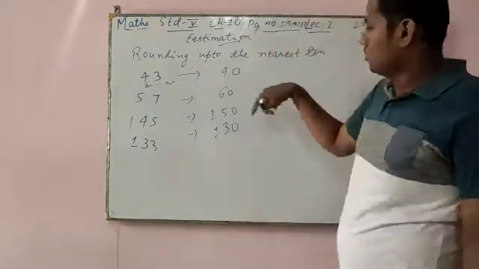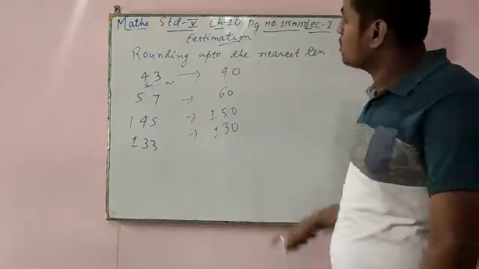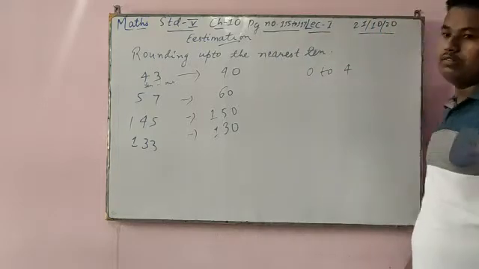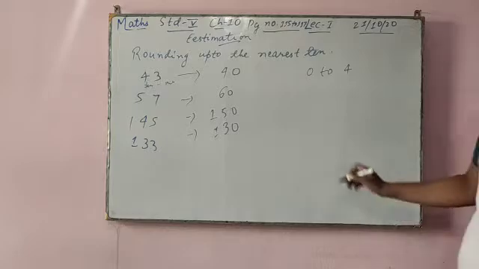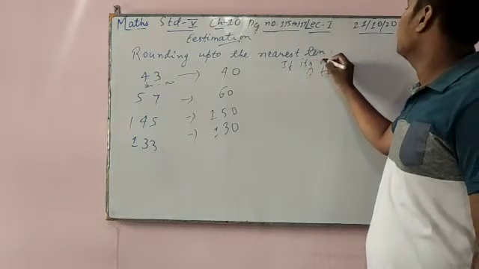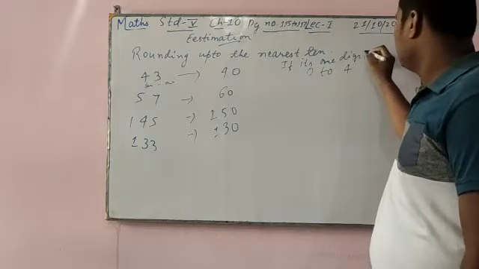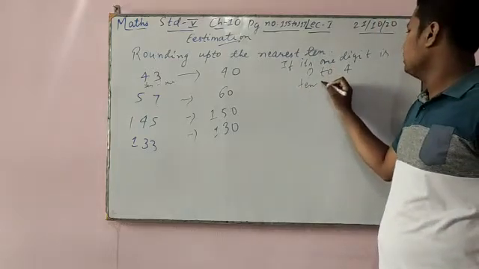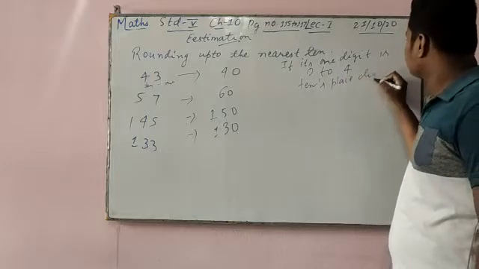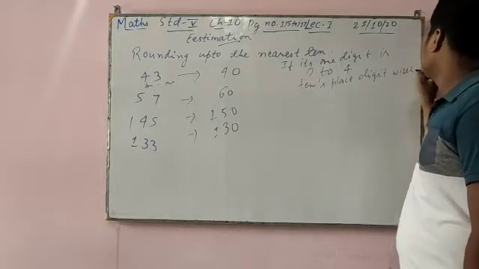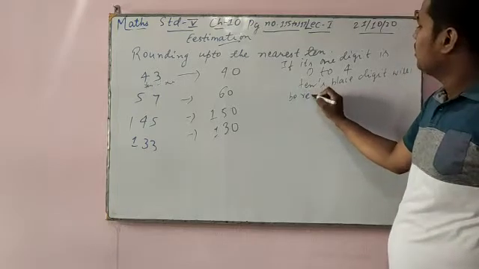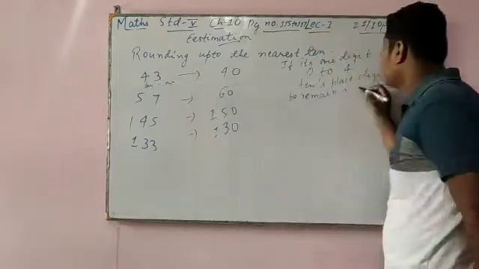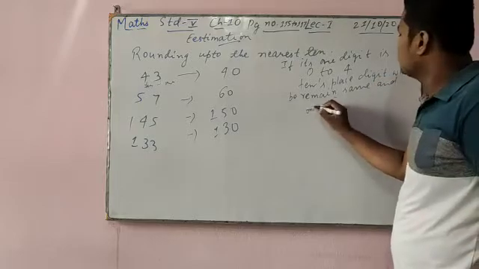So whenever the question is to change to the nearest 10, what will you do? If the ones digit is 0 to 4, the tens place digit will remain the same, and the ones digit place will